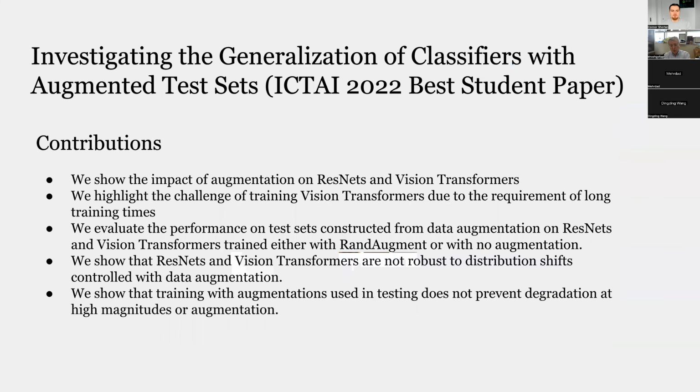So this is the paper that was shown earlier, investigating the generalization of classifiers with augmented test sets. This was a detailed exploration of characterizing this robustness phenomenon, seeing if the convolutional-based ResNets differed from the attention-based vision transformers in this kind of generalization. We found some slight differences, with the vision transformer being a little more robust, but generally we characterized all these different augmentations, from cropping, rotation, to adding Gaussian noise, and showed that it couldn't generalize to these data sets. And we showed that even further, you can train it with the augmentation and it might generalize to that augmentation, but not all augmentations. And I think that's pretty interesting.